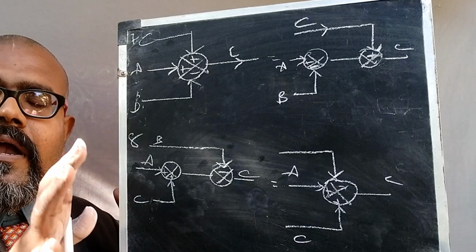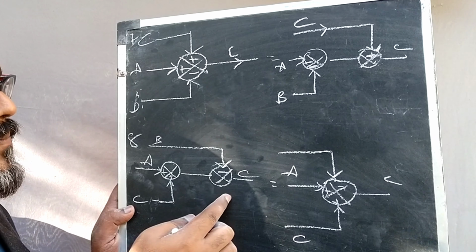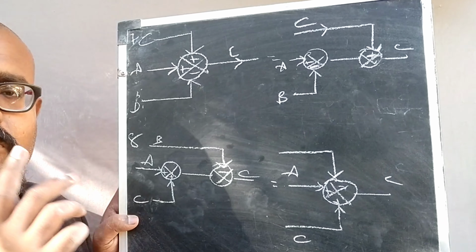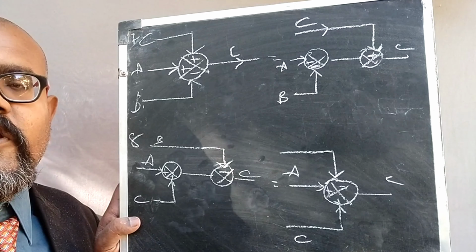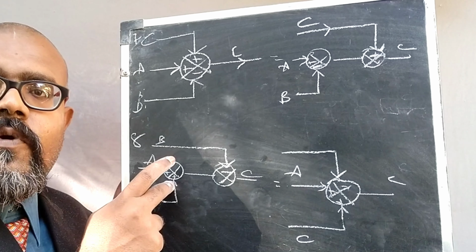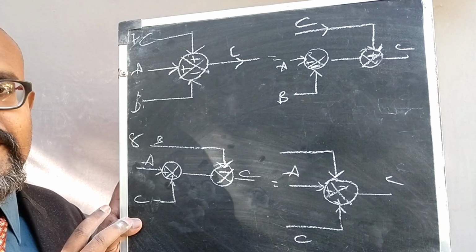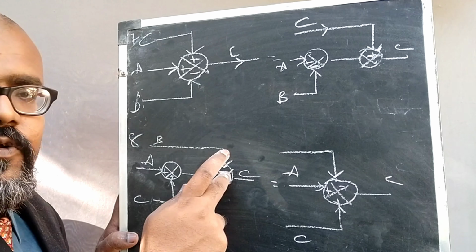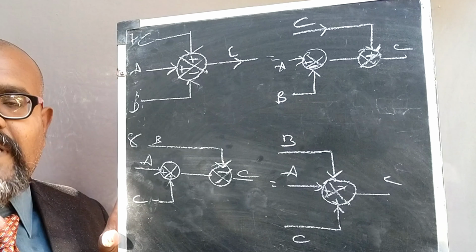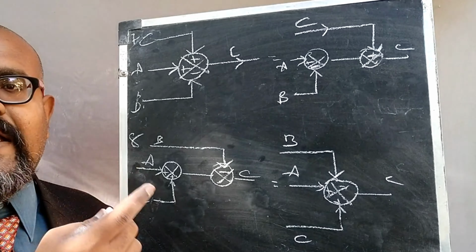Okay. Then the next rule is combining the summing point. If the condition requires combining the summing point, then you need to follow this rule. That is simple. If you just combine C and B, that is the reversing of the previous rule. So whether combining or splitting, the most important thing you need to follow is the sign indication. Whether the input signal is connected to positive or negative, that is the thing you need to remember. No need of any changes in the sign, and the arrow mark indication stays the same. Here C is connected to positive, B is connected to negative. Here the same thing, B is connected to negative and C is connected to positive. That is the thing you need to follow in the summing point. The rule is very simple. There is no need of adding any G, as I said.